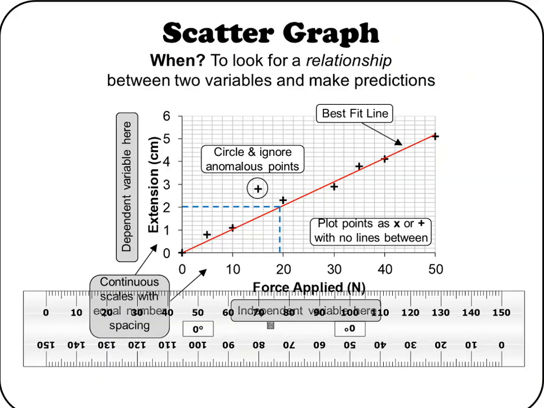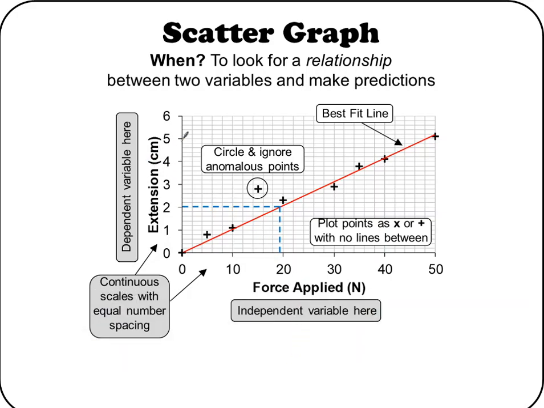So just to summarise, scatter graphs. They are probably the most common graph in science. You use them to look for relationships and describe them, and particularly when you want to try and make predictions, either interpolating like we did there or extrapolating outside the range of the data. It's a bit more dangerous, but you can use a scatter graph. So whenever you see a question asking you to describe a relationship or make predictions, a scatter graph's the way